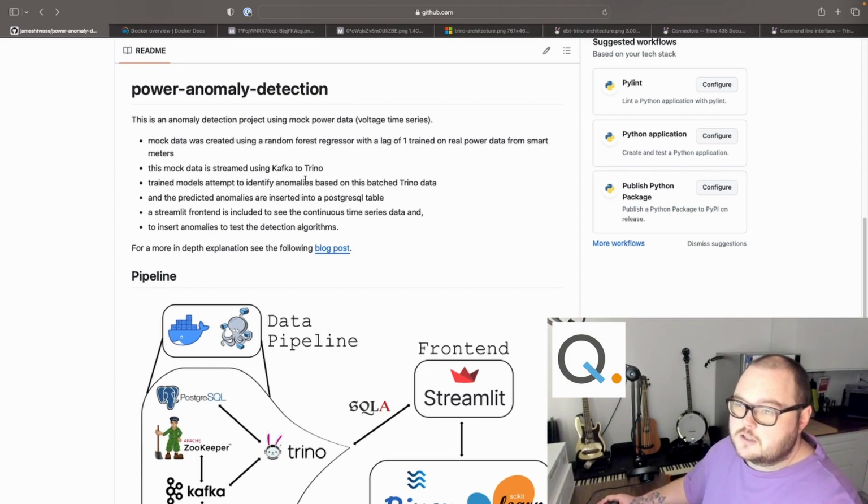The main reason that this is interesting, though, is because we are using something called Trino as a means of interacting with streaming data, in this instance Kafka, and database data, tabular data, in this instance Postgres, in the exact same SQL language using this layer of Trino. So that, to be clear, is the crux, the interesting part of this, and the practical demonstration is